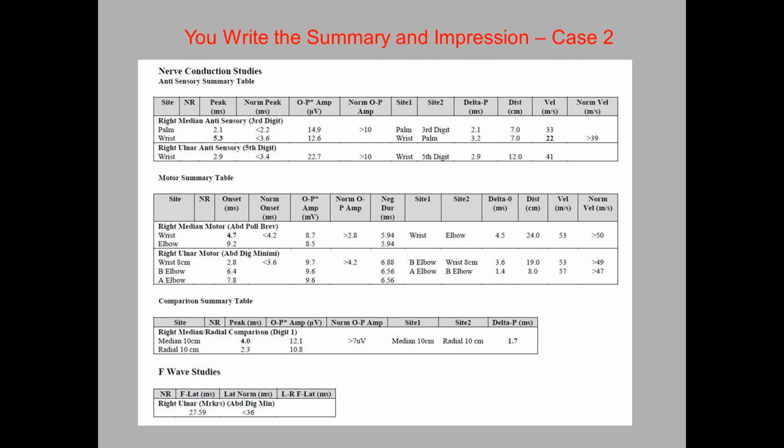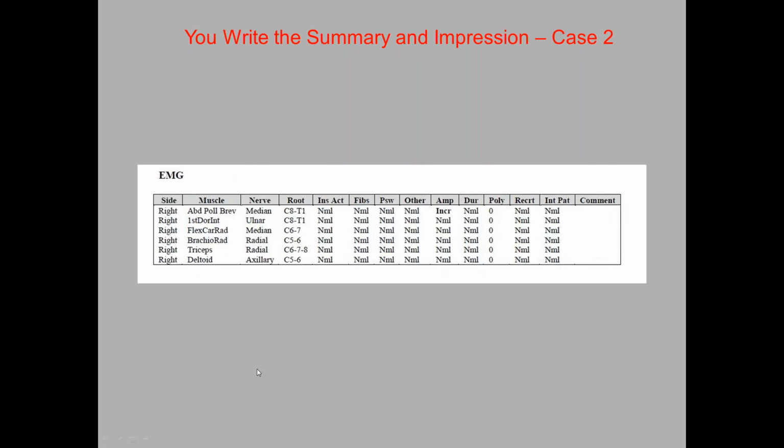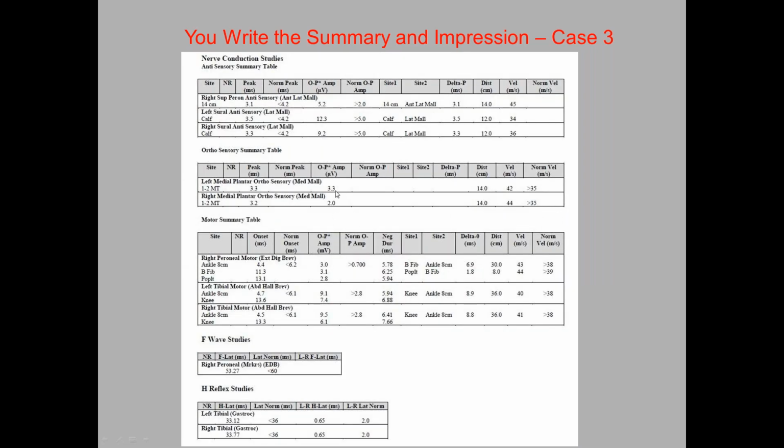So if you wanted to compare them side to side, you could, but in this circumstance, the reason I tested the radial nerve was more of a comparison to the median nerve here. And that's fine. That's normal. So in this circumstance, I wouldn't consider a detectable response with a good velocity, a good latency, as being abnormal in any way. So here, your summary is going to say,